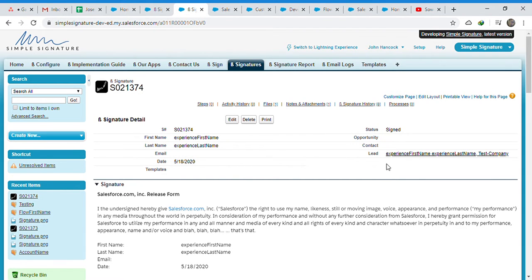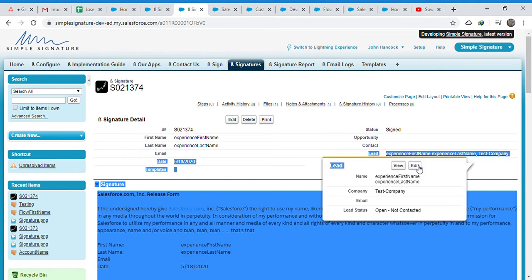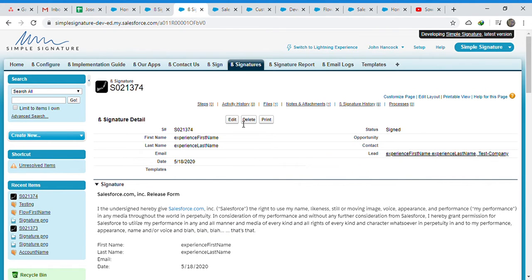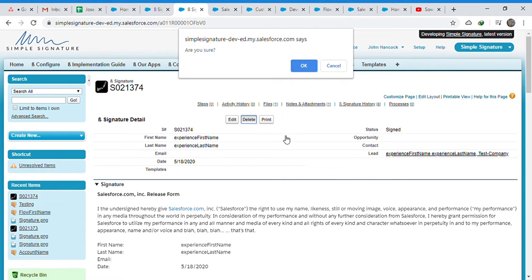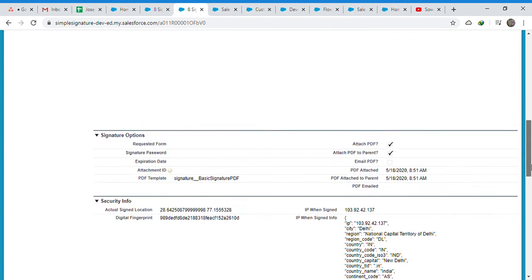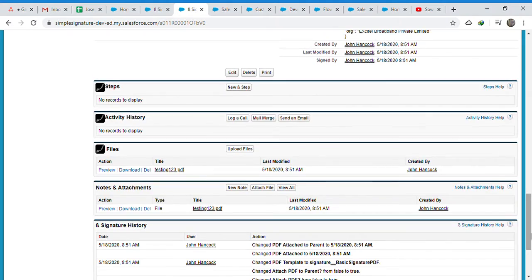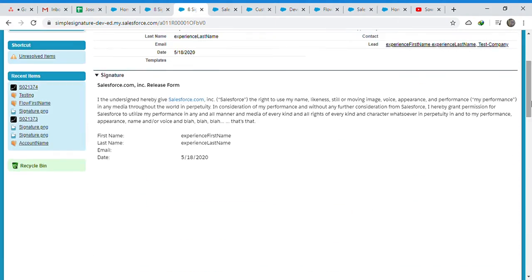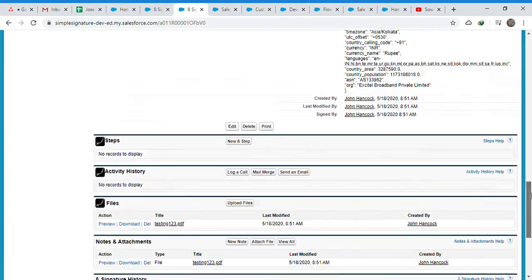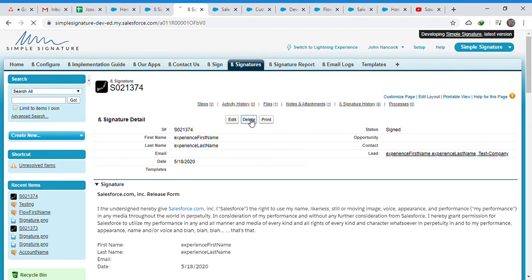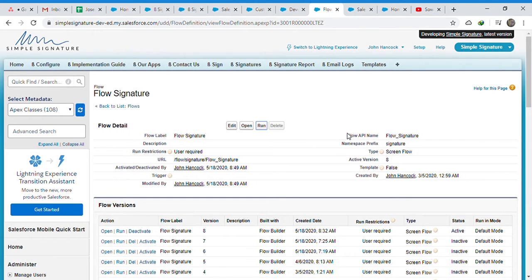The create lead when new signature is created or something like that, there is a functionality that is, I think, enabled. That's why it created a new lead and connected it to the signature, but it's okay. So it got the signature and it processed it. So that's fine. Let me delete it and show you how the new functionality is working. Let me show you how we can set up the other parameter.